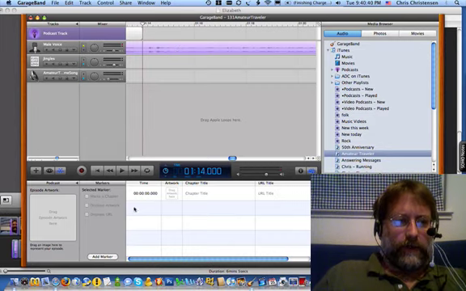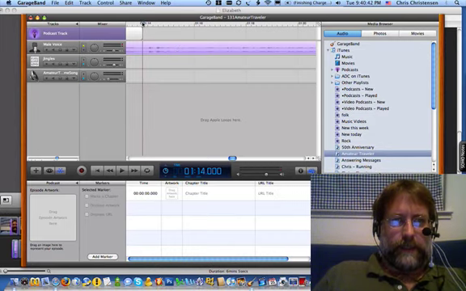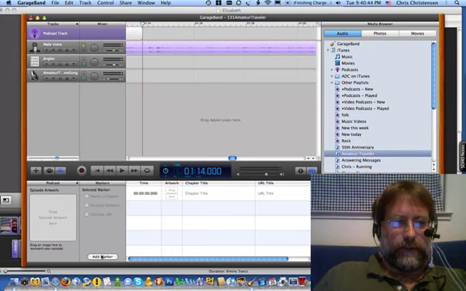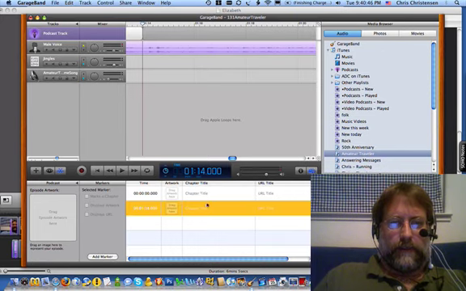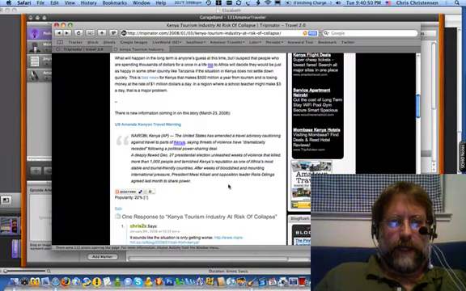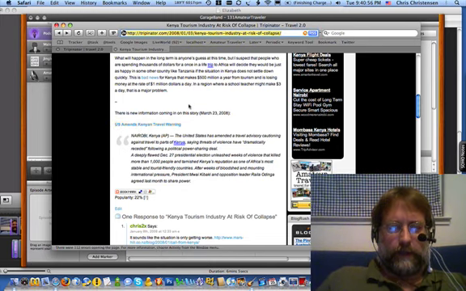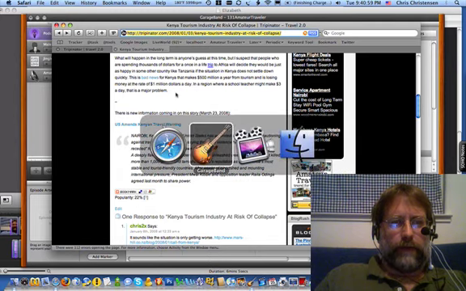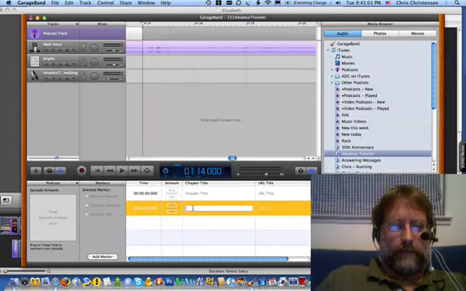And so I'm going to go here and select a particular spot to put in a chapter. And then I'm going to need the information for the chapter. I'm going to go back to my news stories. I'm actually going to copy two things at once rather than copy and go back and forth. So I'm going to copy the title and then the URL and then go back to Garageband and paste in